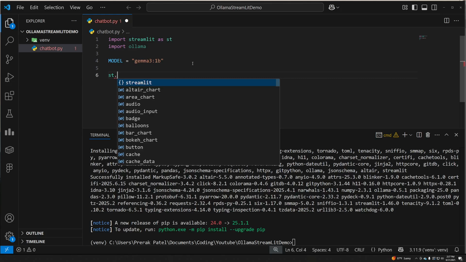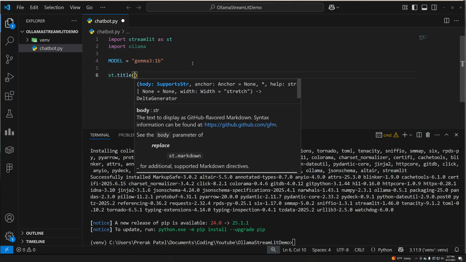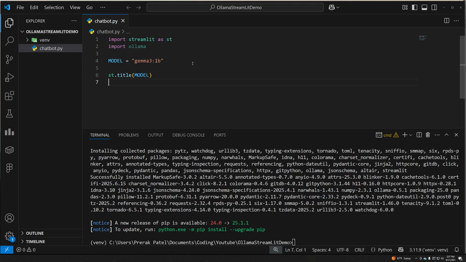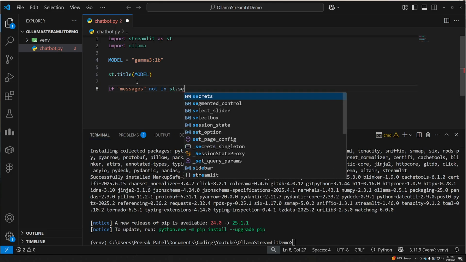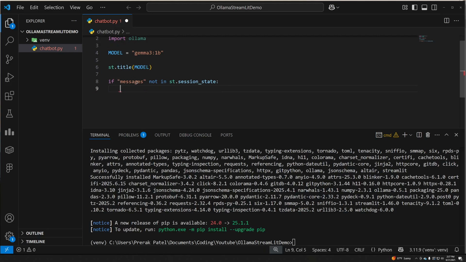So let's title the app. This is just going to set the title of the Streamlit app. Then, if messages not in st.session_state, we set st.session_state.messages.